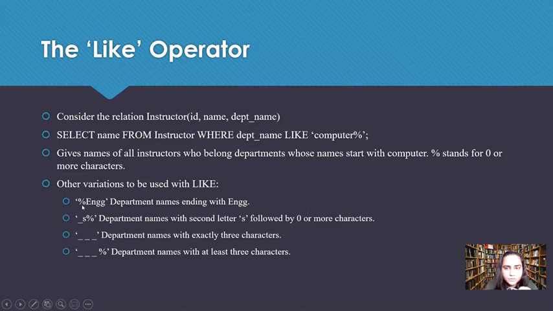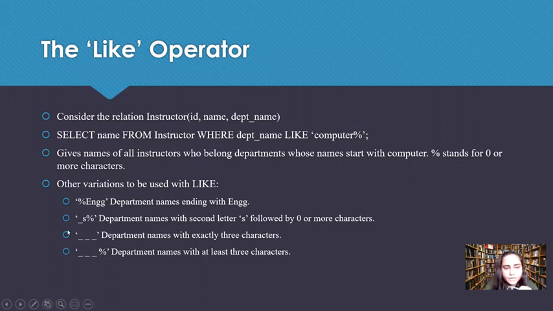So the percentage in front means the last part should be ENGG, but in front anything can be there. And you can also use it with underscore. Underscore means one single character. So what you're trying to specify by writing this is department names with the second letter as S and then followed by 0 or more characters, because for the first letter you've written